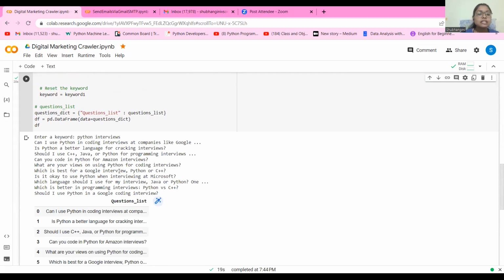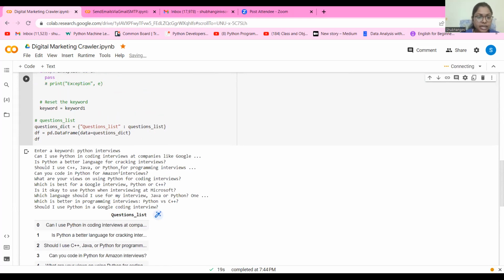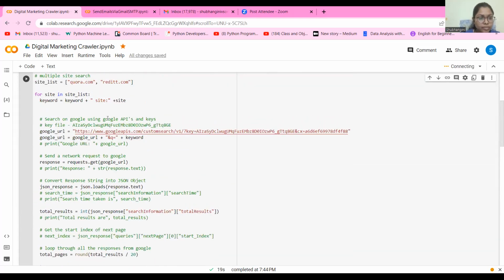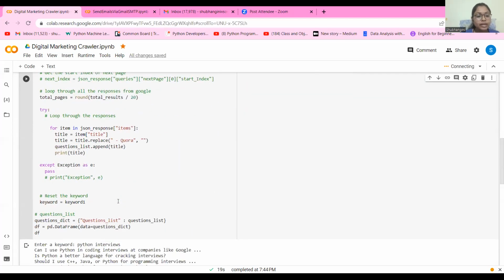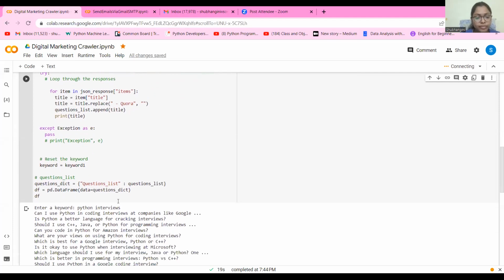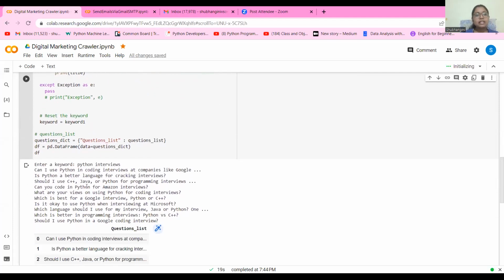These questions, or this content or information, are crawled by Google from different websites. Here we give two websites, Quora and Reddit, so this code crawls the information only from those two websites. In other words, this is data collection, which is used for our business, for taking business decisions.